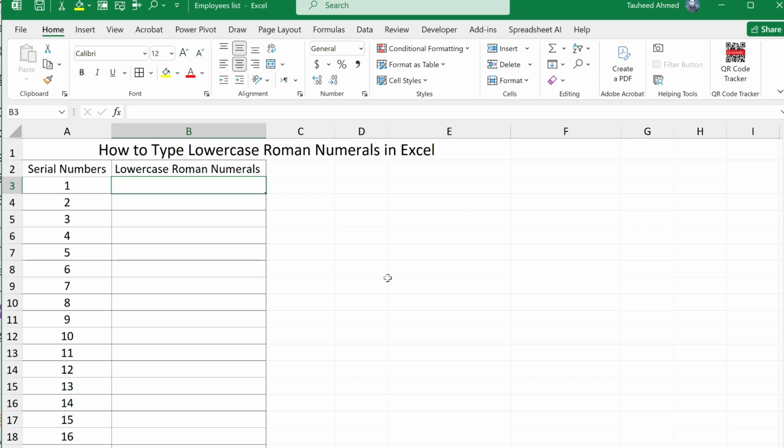You just need to use this formula: put the equal sign, type LOWER, open the bracket, type ROMAN, open the bracket, select the cell reference and close the bracket, and again close the bracket to complete the formula and hit enter. And here you can see